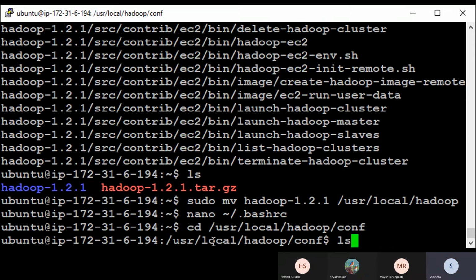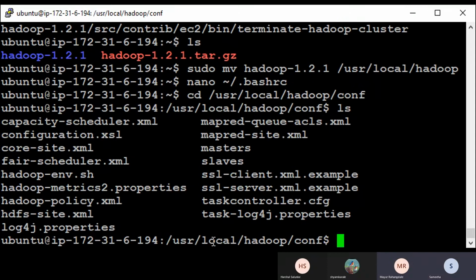So here all the files are there: core-site.xml, hadoop-env.sh, hdfs-site.xml, slaves, masters, mapred-site.xml.